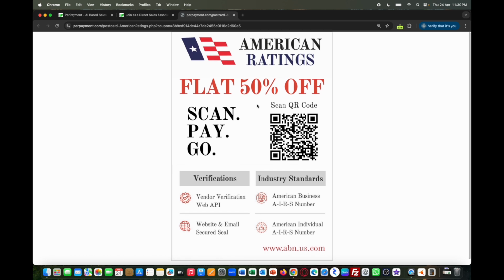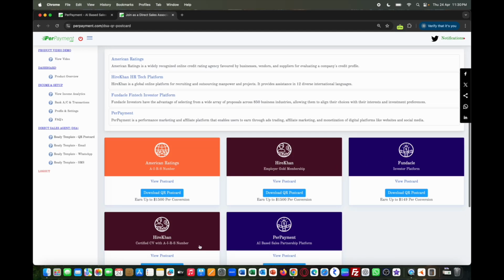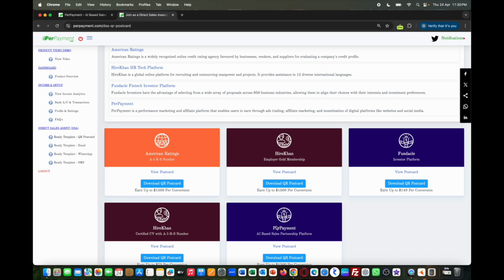This is how your customer will receive the postcard. You have to download the QR postcard and share it with your customers. The same is applicable for Haya Khan Gold Membership, Fundacle, Haya Khan Certified CV with ARS number and PerPayment.